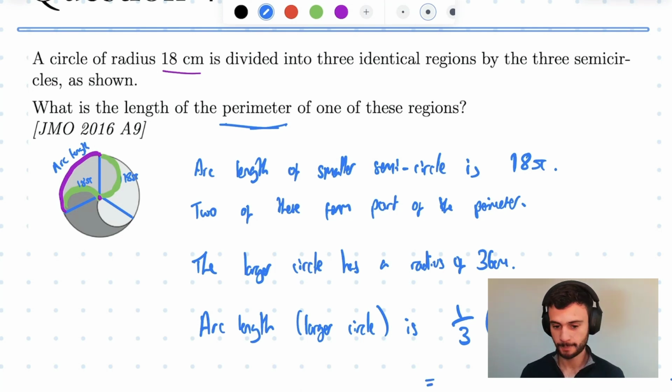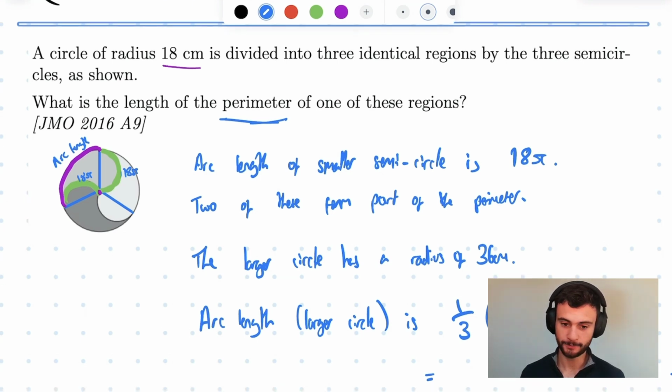So, of course, 2 times 36 is 72, divided by 3. Or, if you're feeling very clever,